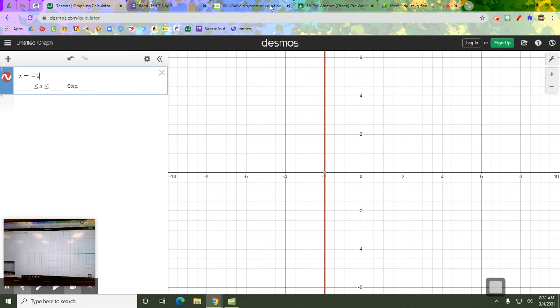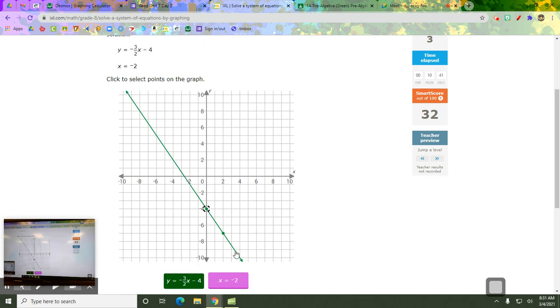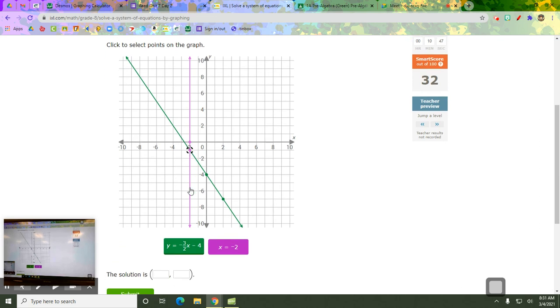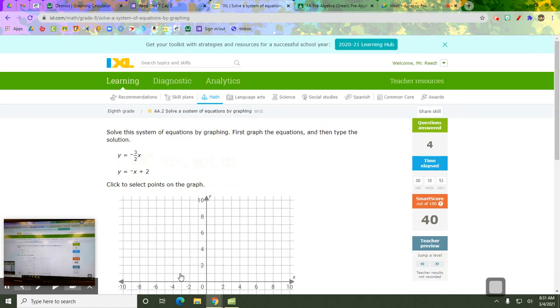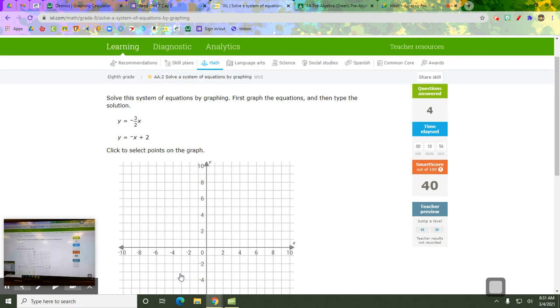So I can go back. I can go negative 2. I'll click this first. And I can make my vertical line. It tells me my solution is negative 2, negative 1. So negative 2, negative 1. So, a couple reminders, just remember when we're graphing these, okay, y-intercept first, then your slope. All right? And that's all that you have to